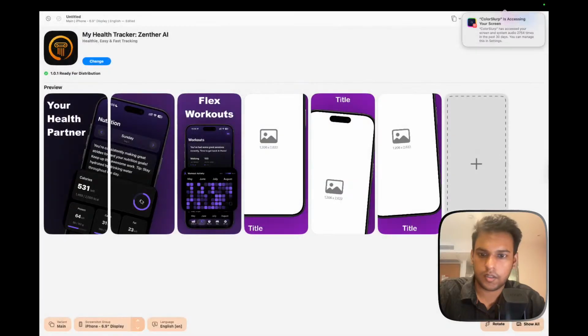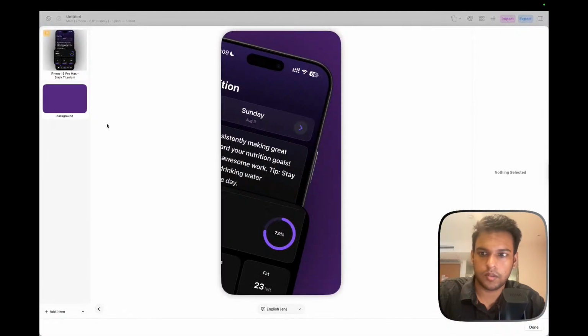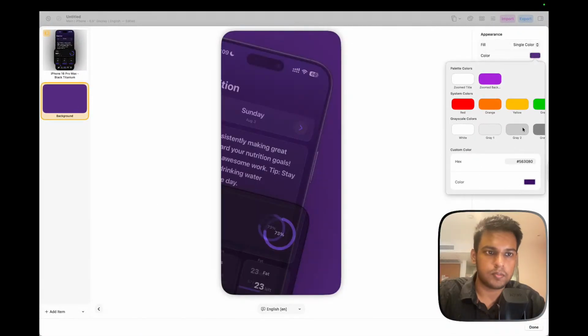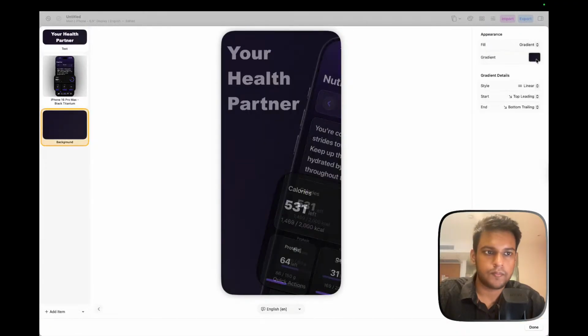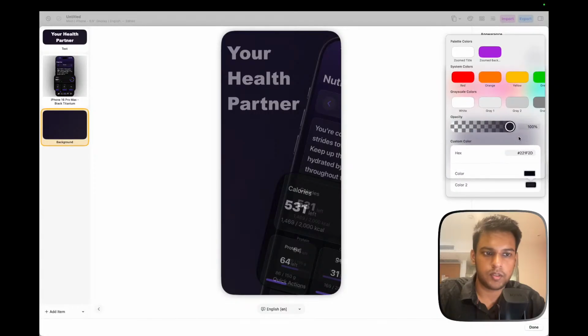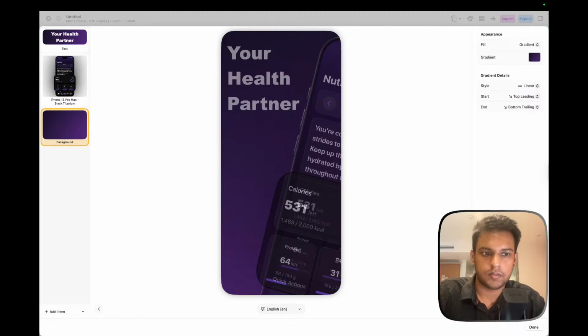I'll just go back and use the color from here. So this background color that we have, we take the hex, and here for the bottom one I would use this hex instead. Nice.